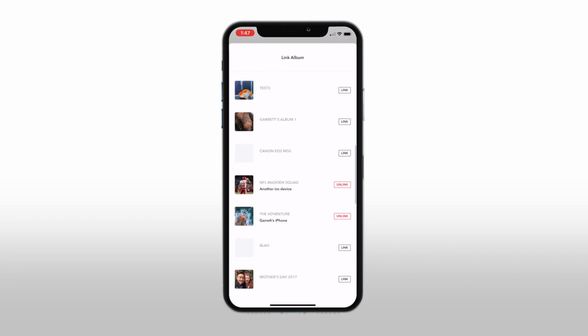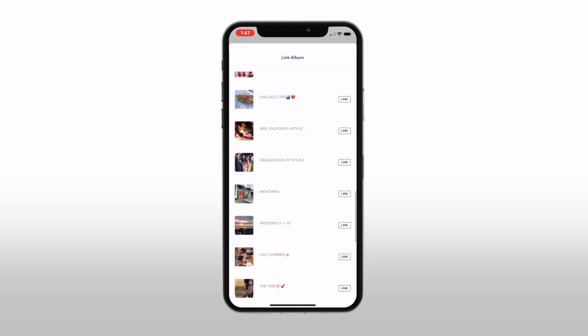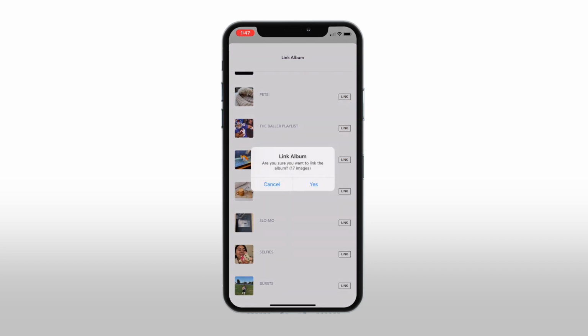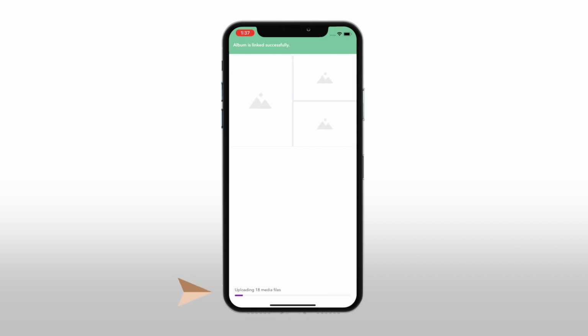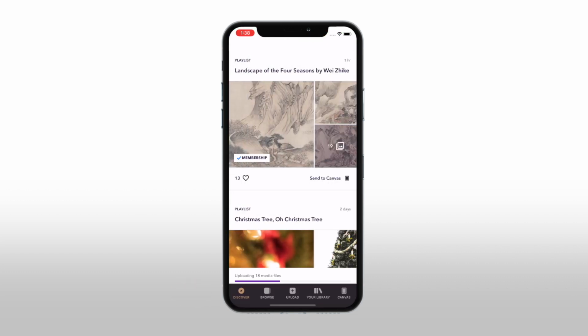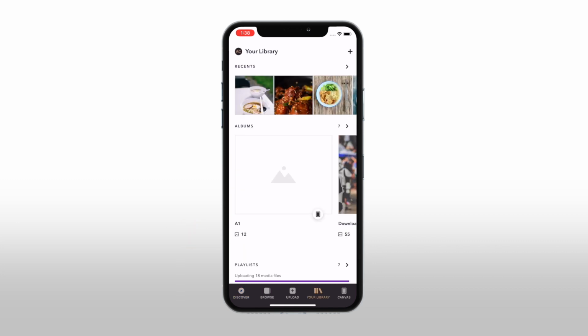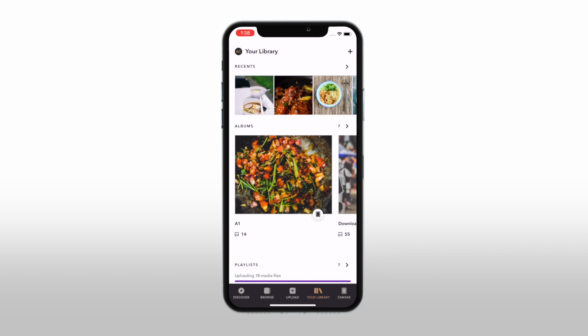A list of your phone's existing photo albums will display. Tap the Link button to the right of the photo album you want to link. Tap Yes to confirm. A progress bar will display on the Meural app. You can see how many images in your album have been uploaded to the Meural app. Depending on how many images you linked, wait until all the images in your album have successfully uploaded in the